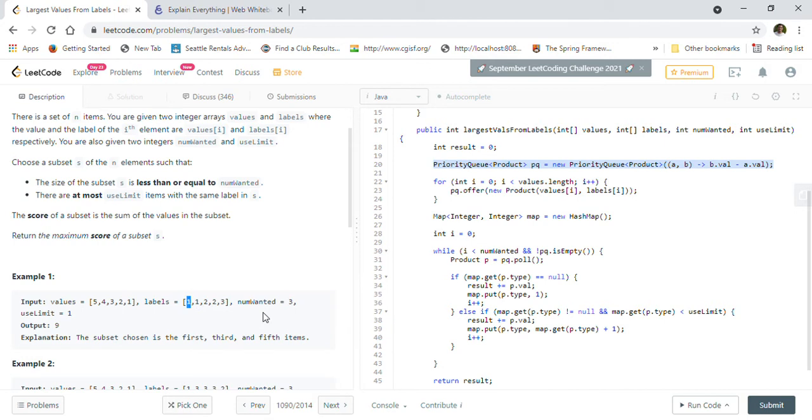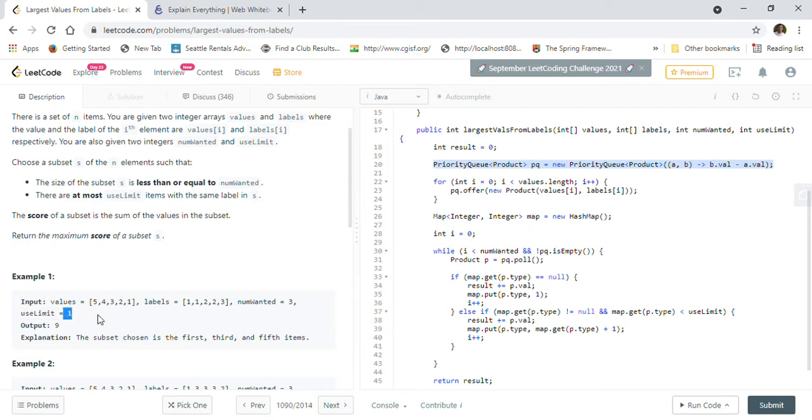And you have to select num wanted products from these, and you can choose from any type of product, but at most use limit of one type.